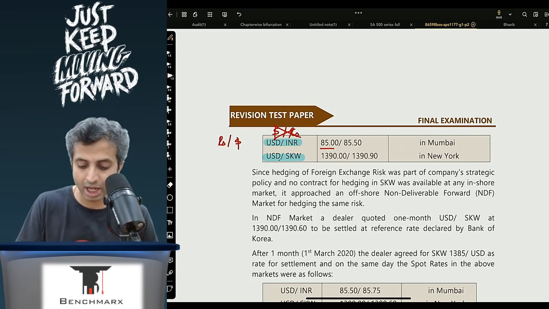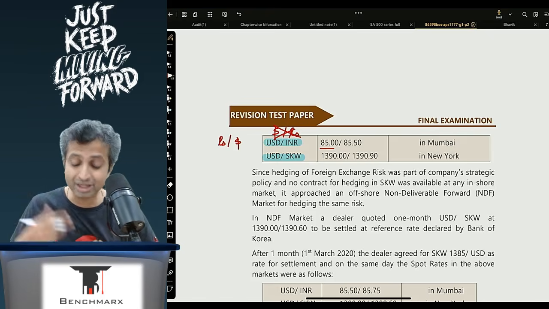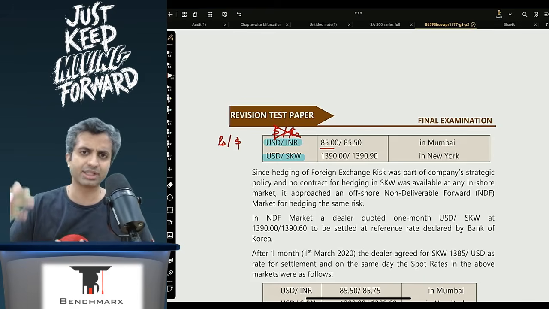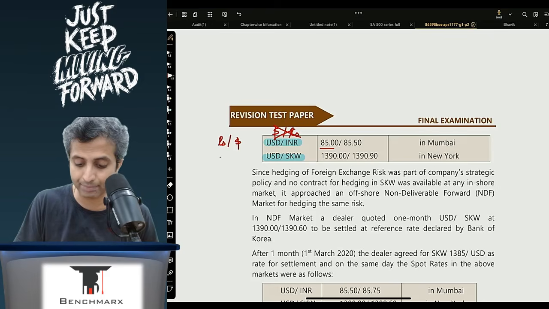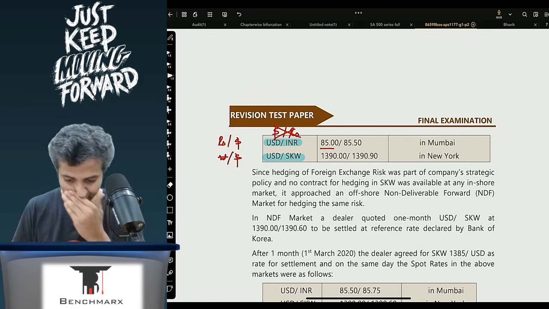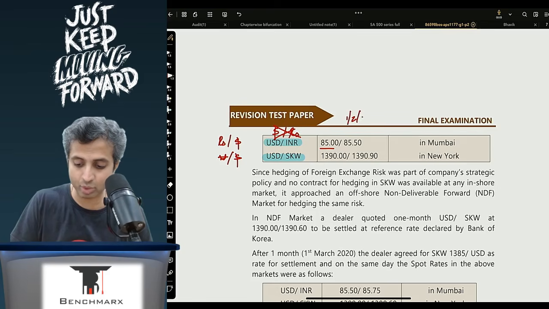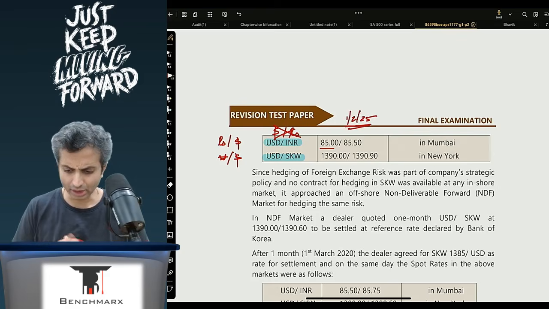So over here, USD to won, you might not know the strength between the USD and the won, but if USD INR is given as rupee per dollar, then this will also be, for example, won per dollar. So the rates that are given over here, these are, I think, the 1st February 25 rates, applying the market convention in this particular case.